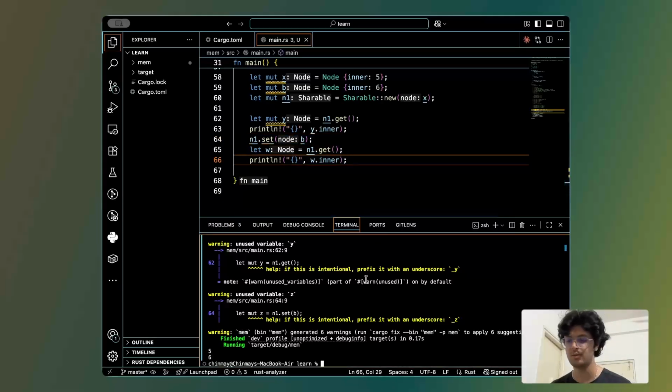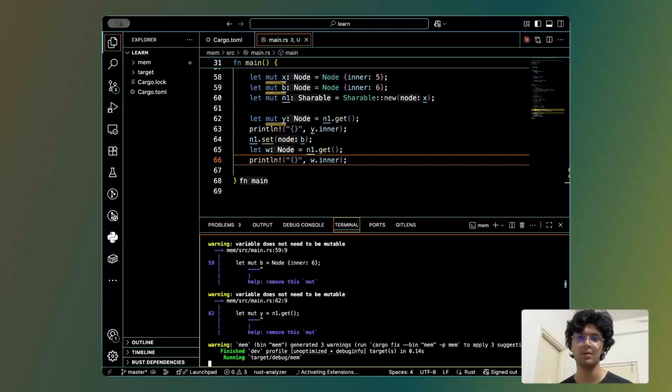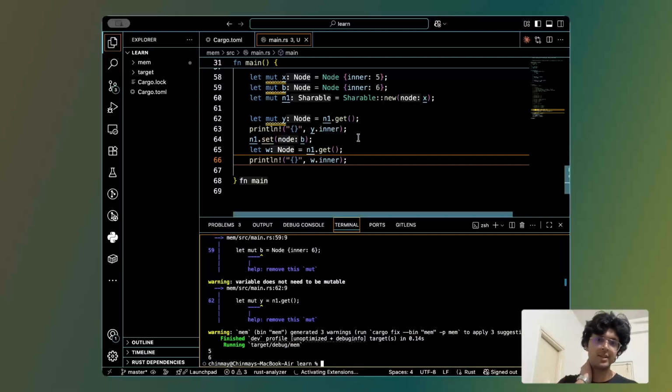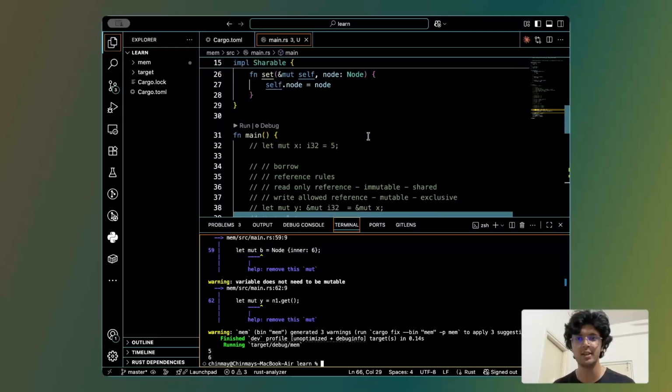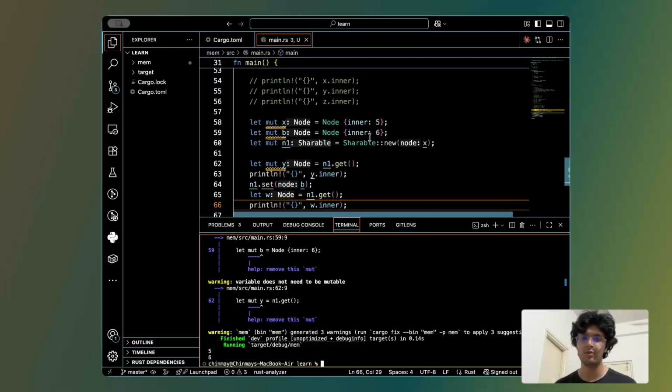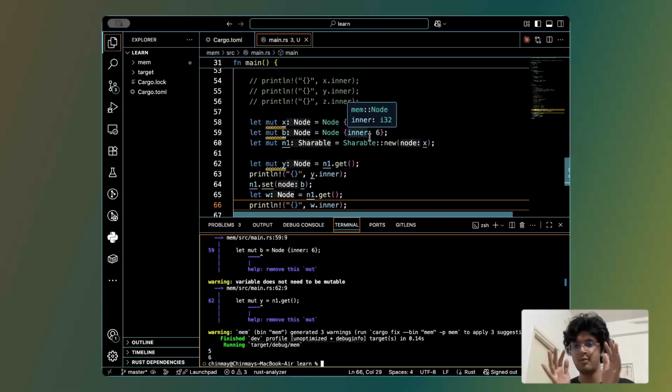So you can see that this still works, and we have 5 and 6, and we're allowed to have readers and writers at the same time. So this is kind of a getter setter functionality which you see in OOPS. And what we did is we wrapped our struct by another struct, and we defined whenever we find a